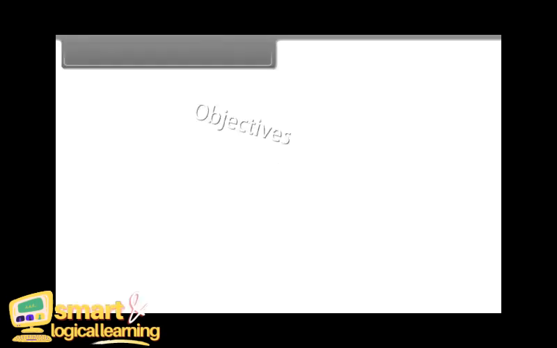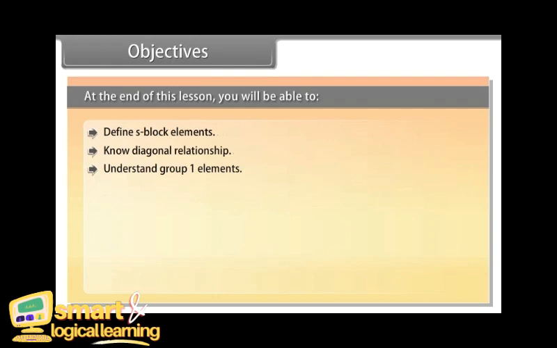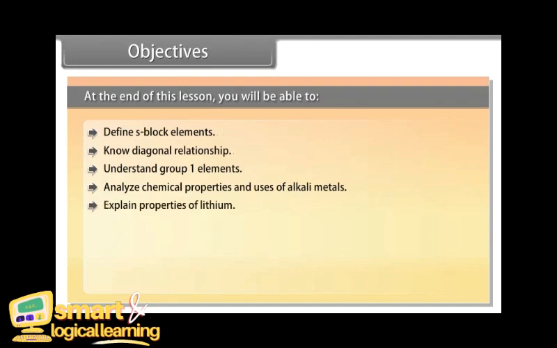Objectives. At the end of this lesson, you will be able to define S block elements, know diagonal relationship, understand group 1 elements, analyze chemical properties and uses of alkali metals, explain properties of lithium, define similarities between lithium and magnesium,